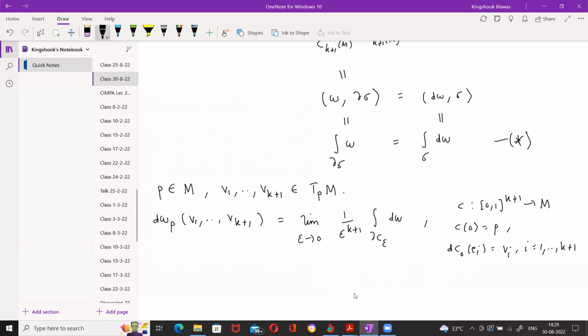Yes? Okay, but now we can use this formula star here, right? The integral of d omega over C epsilon. Sorry, this should be the integral over C epsilon. This is the formula that we proved last time, right? But now, by this property star, this becomes